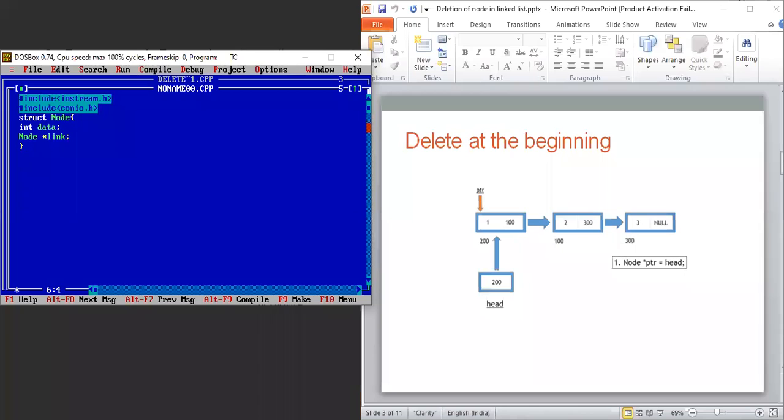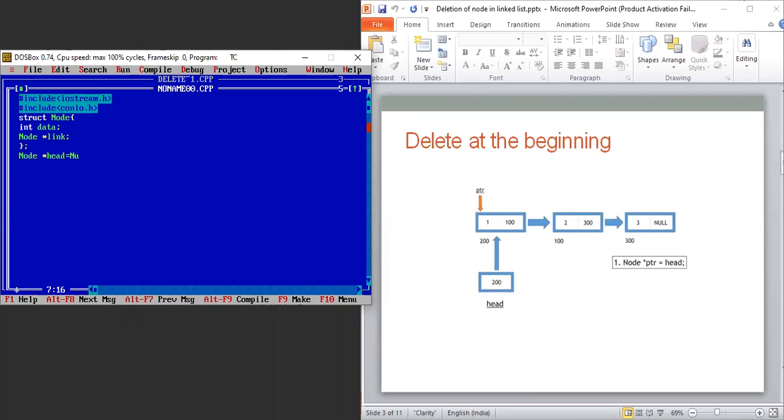Next, we close this structure and create a head pointer and equate its value to null. So we write node star head. Head is one of your nodes, and we equate its value to null.